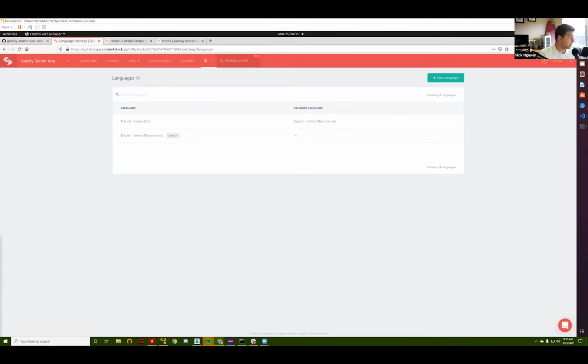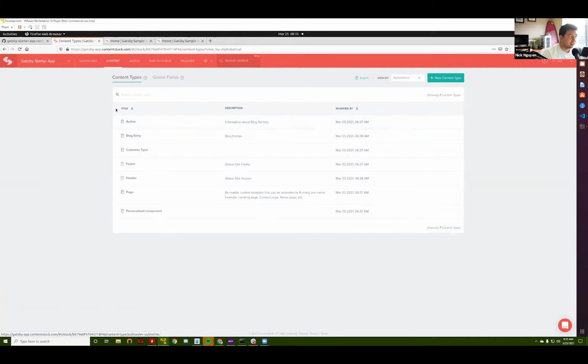We've gone over tokens, and then the last thing we're going to be going over is the content. So this is where we're going to be working pretty much the entire time. This is where all the fun stuff's at. So we have this sense of content types, and then we have entries. And content types are basically the building blocks to create pages, and then the entries are the actual data for those pages. So the first thing we're going to actually navigate into is this page